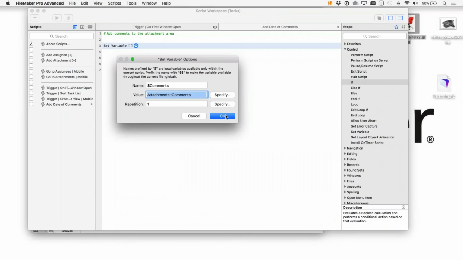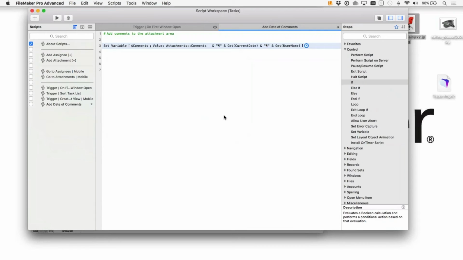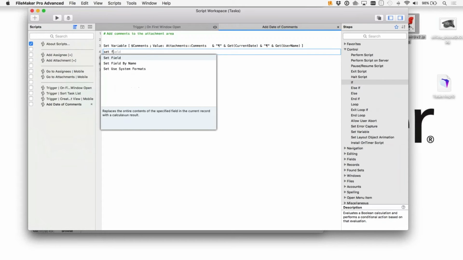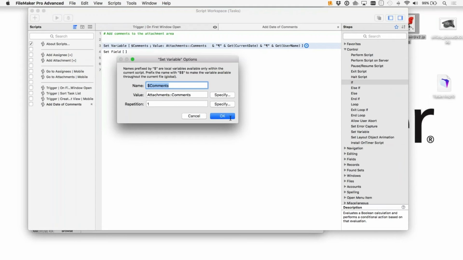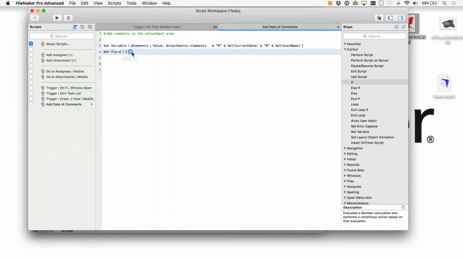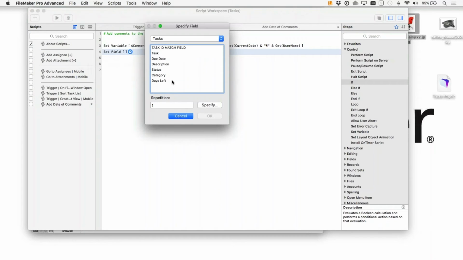Okay, so let's OK that. That's great. That went through. And OK that. What else do I want to do? Well, the next step, after I've got this variable, is I want to set the field. I'm just going to go in here and copy that text so I get it completely right. I want to set the